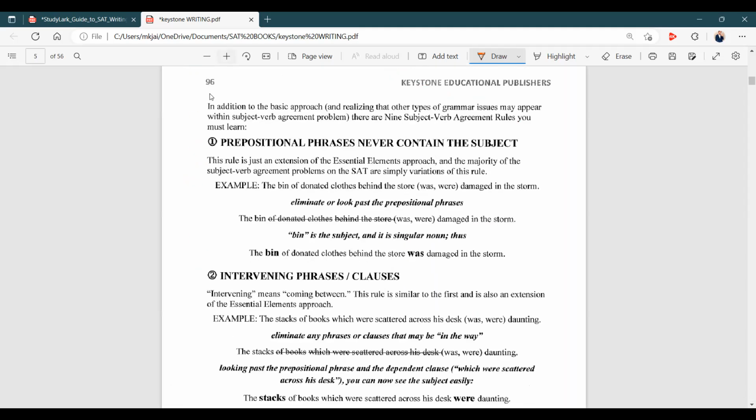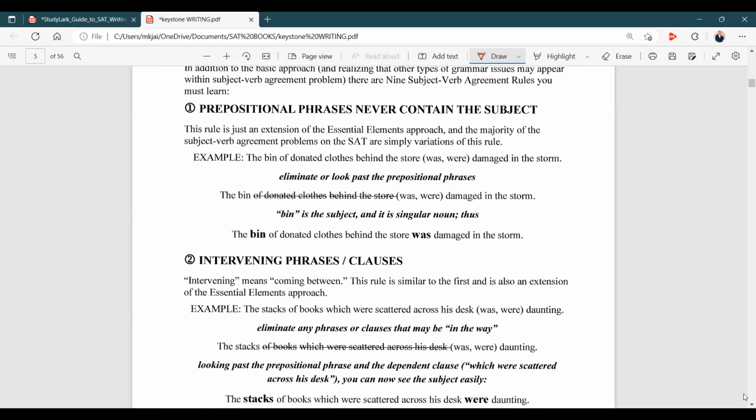Okay, so here are the rules. We've mentioned this one. What's the first rule? Prepositional phrases never contain the subject. Never means 0%. Yes, 0%. All the time? Yes. But there is still an exception. What should I write? I'm going to add something here to make it a rule. Never contain the subject unless your subject